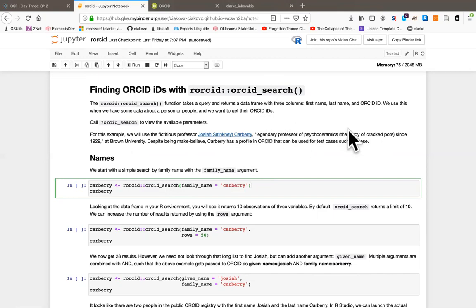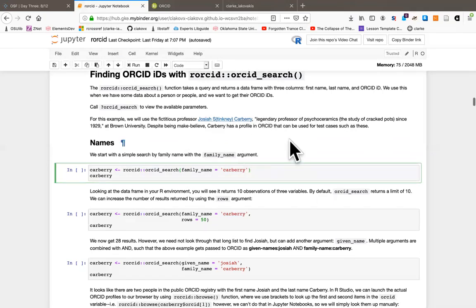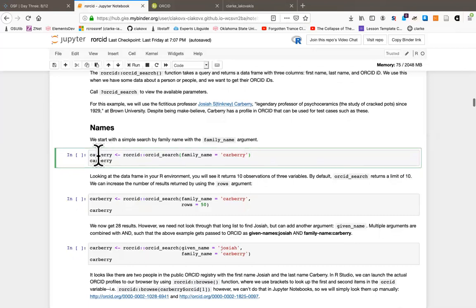A professor of psychoceramics, or the study of cracked pots. But someone created an ORCID profile for Carberry, actually two ORCID profiles. And we can use that for test cases like this, and we'll do that right now. So the first thing we're going to do is assign this to Carberry,